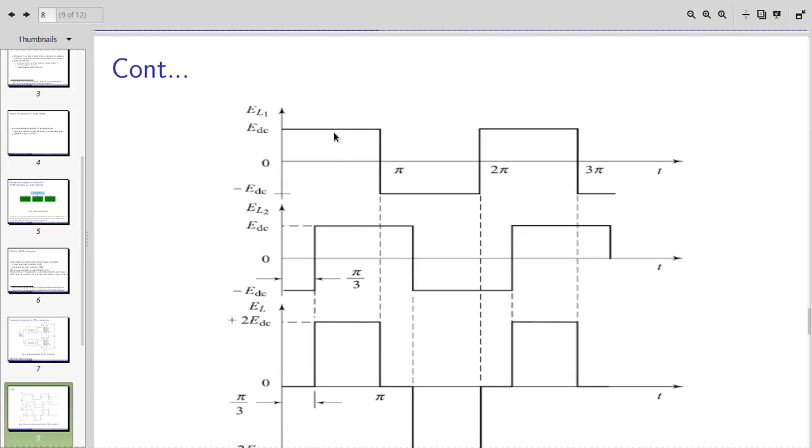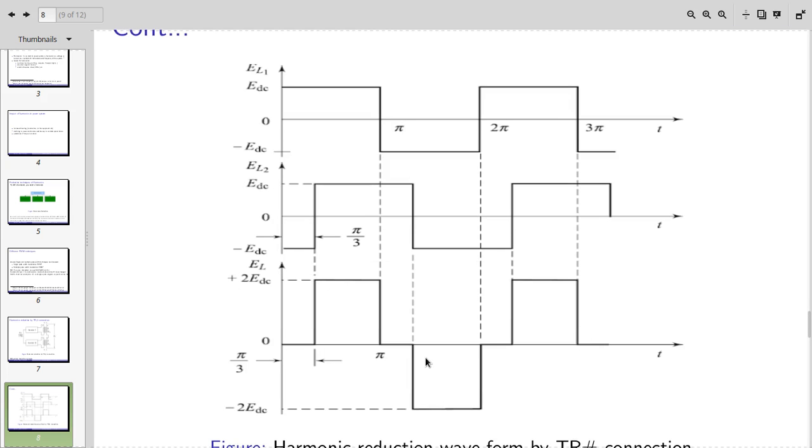Say this is the waveform of inverter 1 and this is the waveform from inverter 2. Here we observe that inverter 2 has a phase delay of this amount, say theta ph. Now if you sum these up, you get this output voltage from the transformer. Now recap from the Fourier series concept: if the sharpness of the wave is reduced, or the number of steps in a wave is increased, then the amount of harmonics will be reduced. You can do it mathematically also using Fourier series.